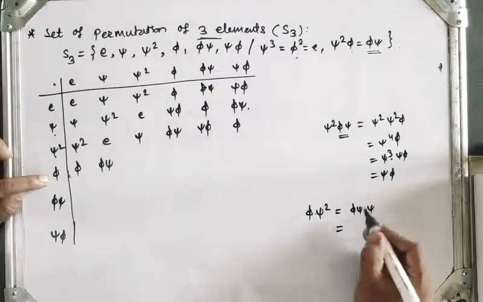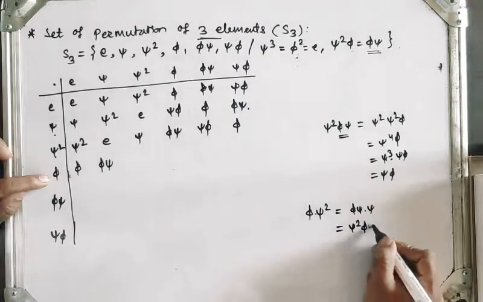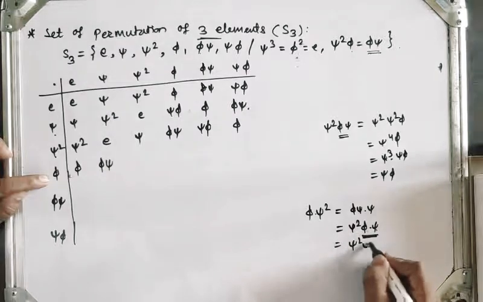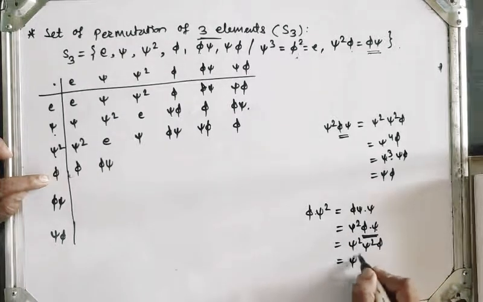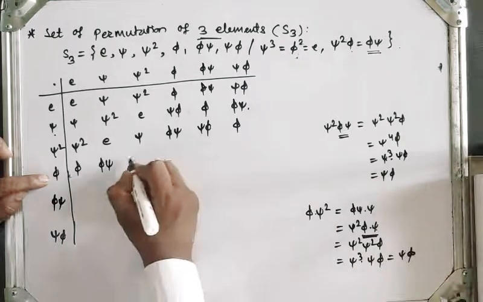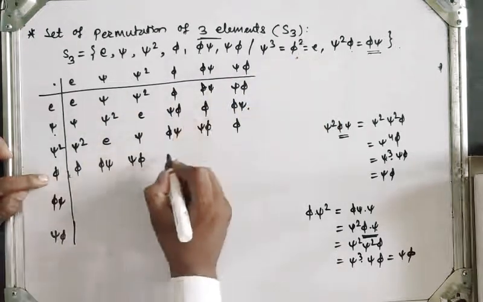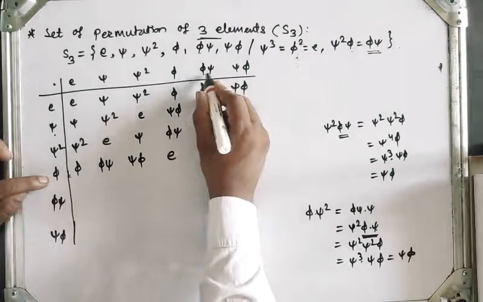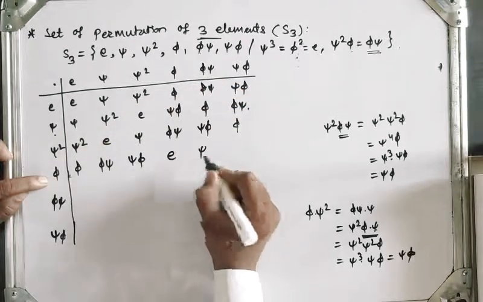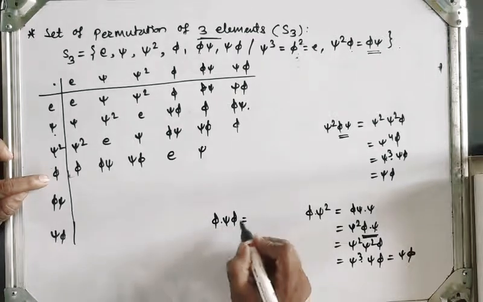So what is the value of phi psi? Phi psi is psi square phi into psi, so I will write it as psi square into the value of phi psi, which is again psi square phi, which is equal to psi cube into psi phi, so we get psi phi. Next, phi into phi square, and phi square is identity, phi into phi psi means phi into phi square identity, only psi remains, so phi into psi into psi phi, which is equal to,